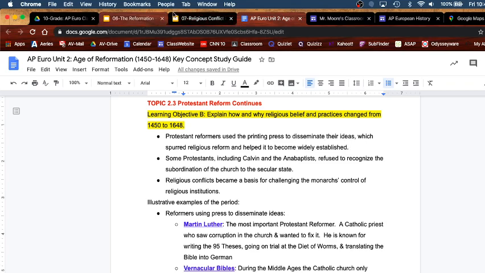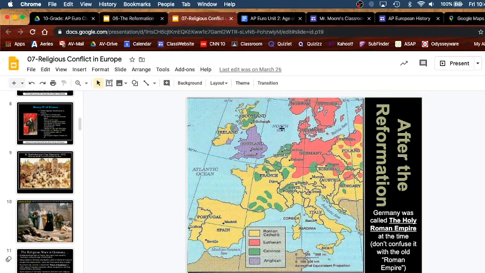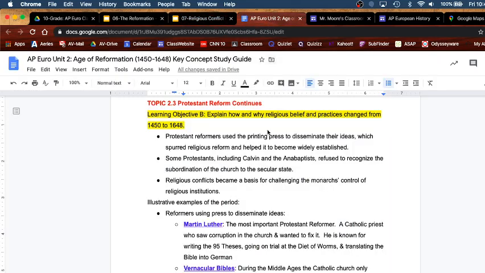And so, if we ask that question, where would you find Protestantism in Europe? This is a different map, again, showing you the same basic thing. Well, we would find Protestantism a lot in the north, not at all in Spain and Portugal, and not in Italy, the home of the Catholic Church. And you'd find sporadic pieces of Protestantism throughout France, and then England is going to completely convert to Protestantism.